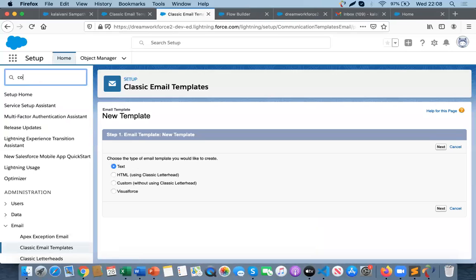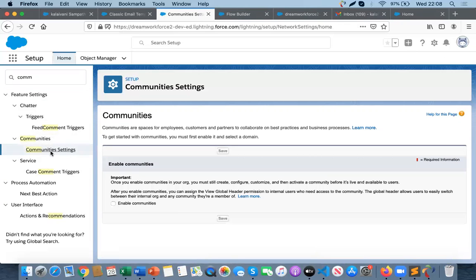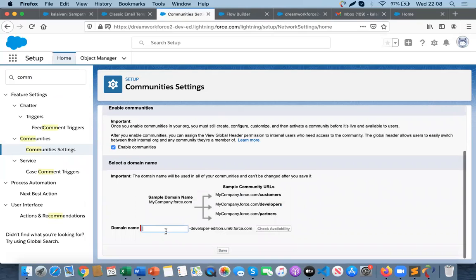Just create one community here. Go to the community settings. First, if you want to know what the purpose of community is, if you want to access it publicly by URL, you need to go to the community. Okay. So in this community settings, we need to enable the communities. The community name, you can put anything, flow 2020. This is my community name,